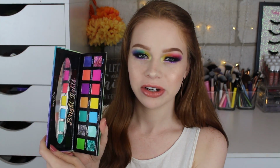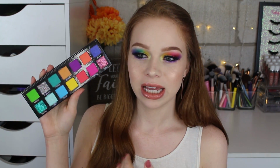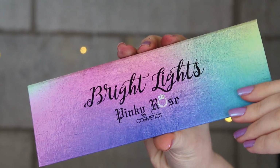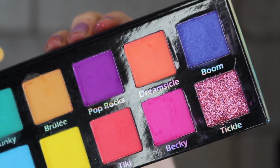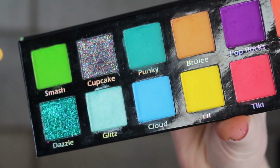It does have a little mirror in there, but it's very small. You could probably do your eyes with it, but it's not very big. And here's what it looks like. Again, just a pretty true rainbow palette. You have like one of each tone, except maybe a few more blue shades. So you could probably do something monochromatically or two-toned blue and green, but overall you pretty much have the full